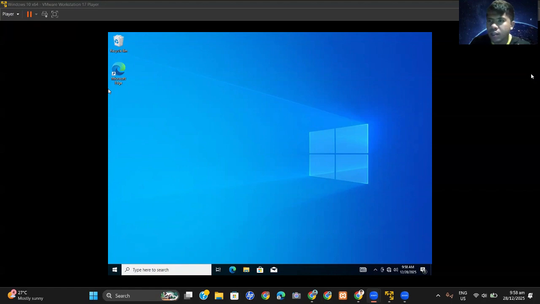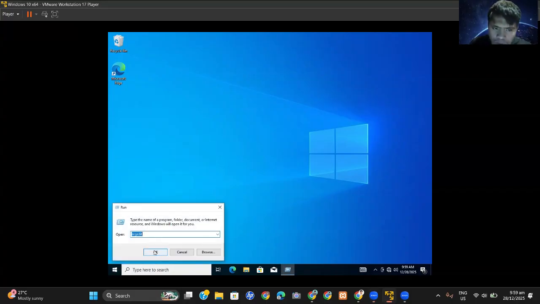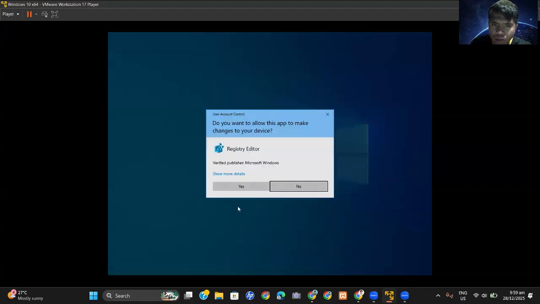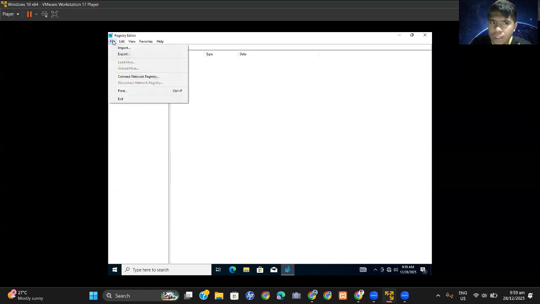So now we need to do the second part of the COC4, which is the registry part. Here in the registry part, we need to type run again. Then we need to type regedit. So we need to back up in here so that the following registry is already backed up. So now you can see the registry editor demonstrated in here.